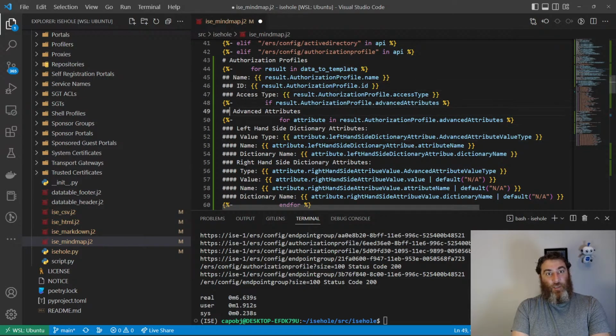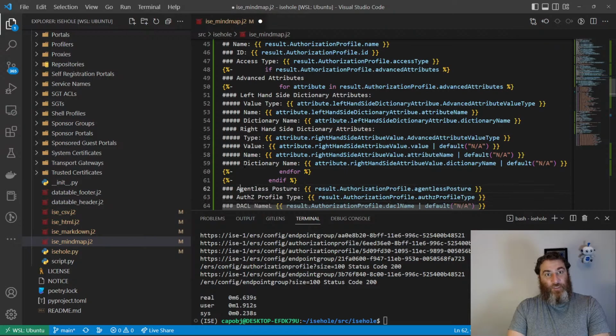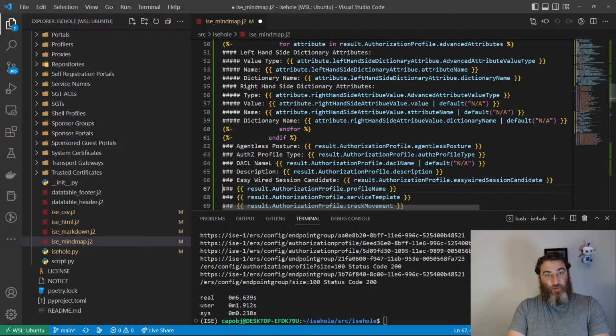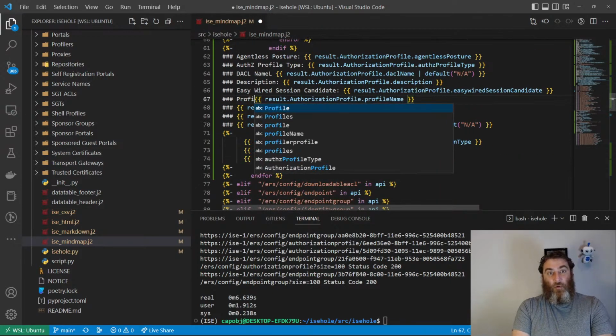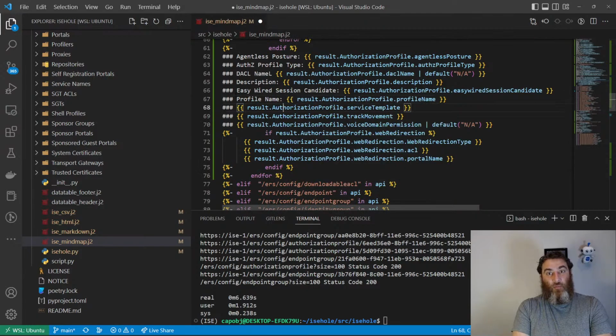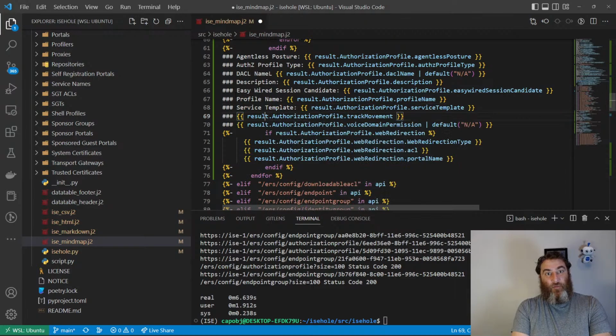And that means these all need to be one more. Remember, we can go 6 levels of depth. Right, name is 2, these should all be 3. Yeah, okay. Profile name, service template, track movement,